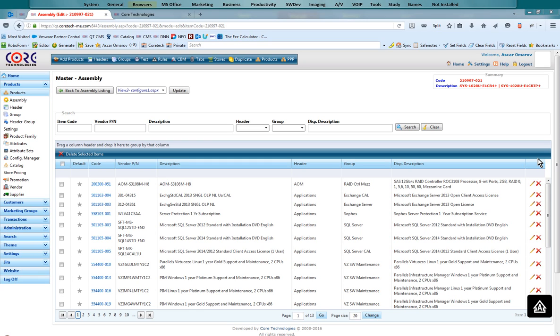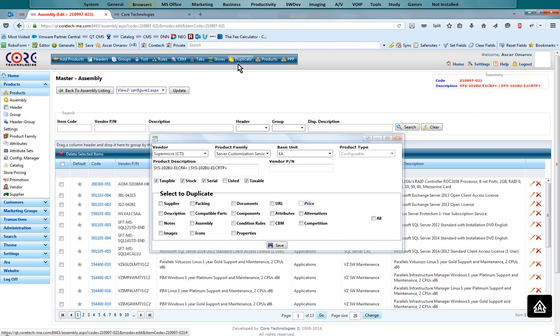But we understood that nobody has too much time to waste. And for that, we have one magic button that's called duplicate. So it allows us to recreate an existing assembly and then edit a similar product by making the small required changes. So because this assembly is for 1028U E1CR4 Plus, let us make a similar assembly, which we will